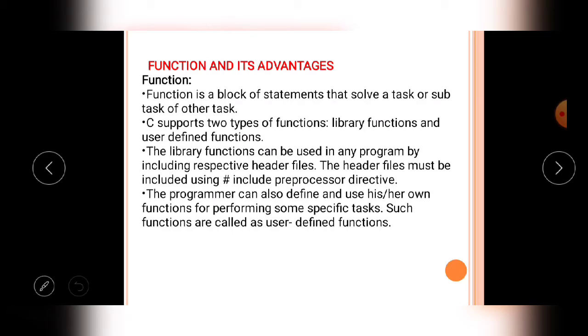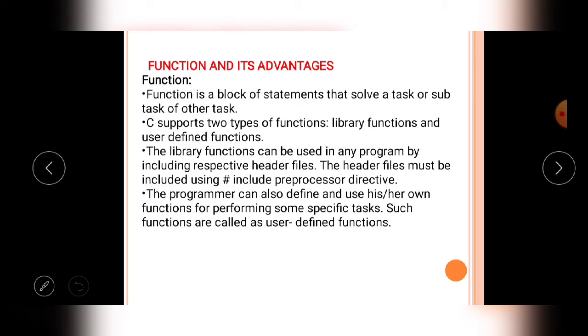These statements are interrelated with each other and do a particular work, that means a particular task or particular subtask of the main task. This is called the function. This is the definition of the function. For example, as a programmer, I am writing the program arithmetical operation.